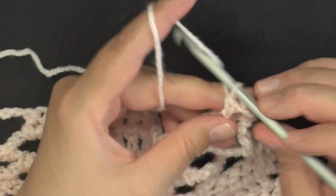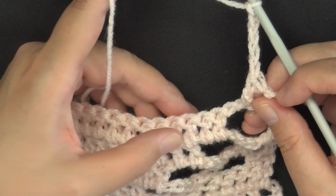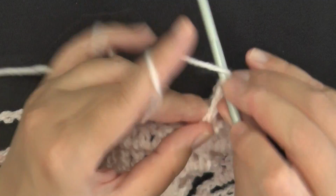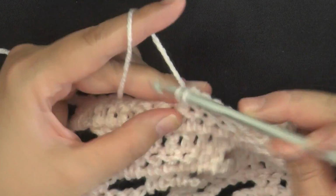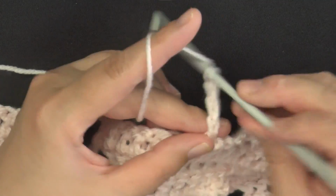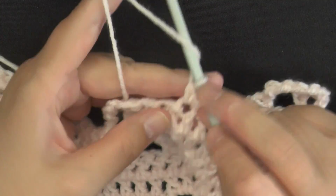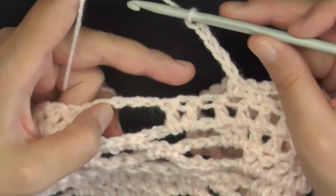Then you'll chain 5. 1, 2, 3, 4, and 5. You'll skip the first 2 double crochets, and in the third, you're going to work your single crochet, chain 1, next stitch, single crochet. Then chain 5, 3, 4, 5, again skip 2, and in your third, you'll put your single crochet, chain 1, then your single crochet in the next stitch. Again, chain 5, skip 2, and then the third, you'll put your single crochet, chain 1, and then the next, you'll do your single crochet. Then chain 5 again, 3, 4, 5, and we're going to be skipping these last 3 stitches here,